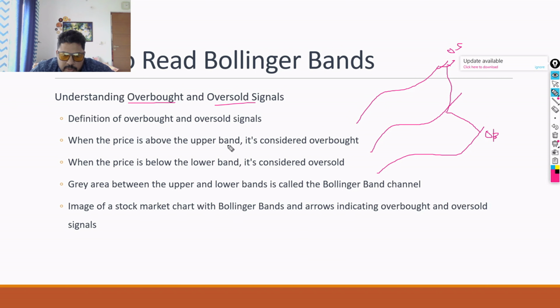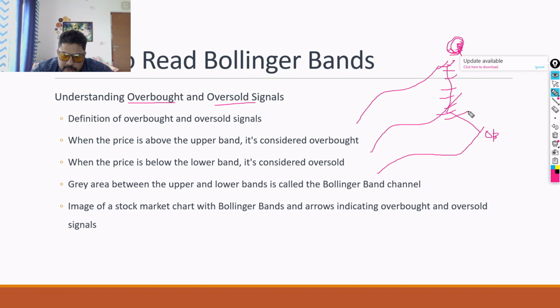Okay, then if the price is above the upper band, it's considered overbought. This is the overbought upper band. That means too much buying has come, too many people have started buying. Now this has reached a point called overbought territory, from where the price can